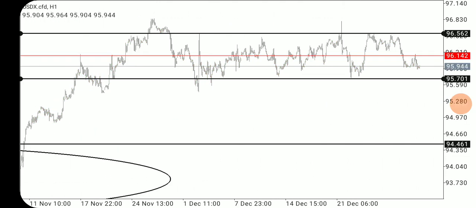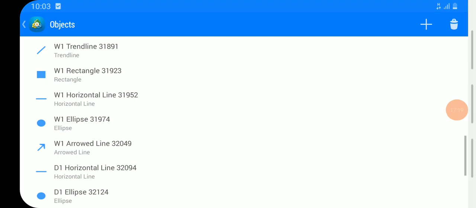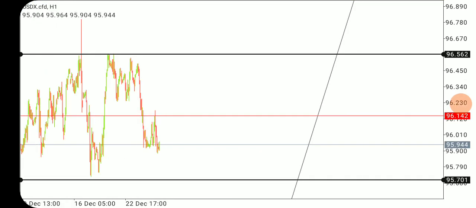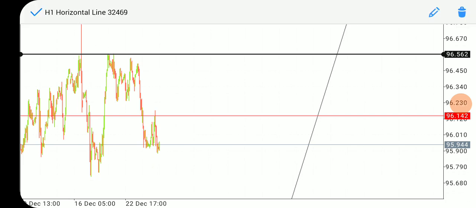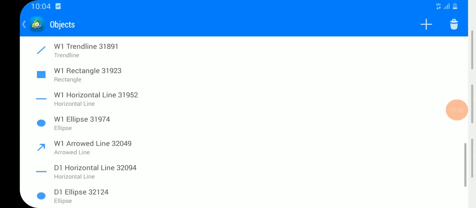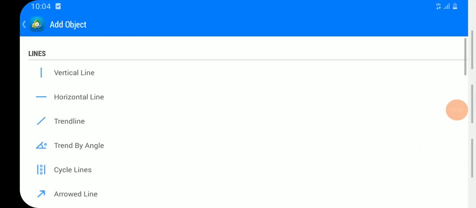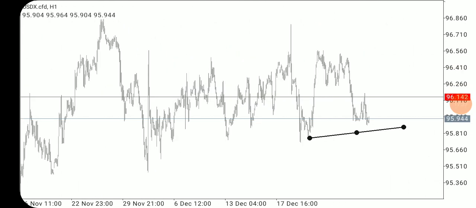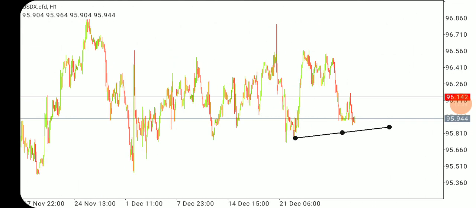It is still trying to find some direction, while the trend lines actually are inaccurate. They are not on point. Let me use trend lines to see what formation it is trying to make here. Seems like it's making